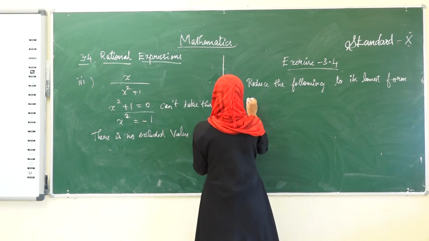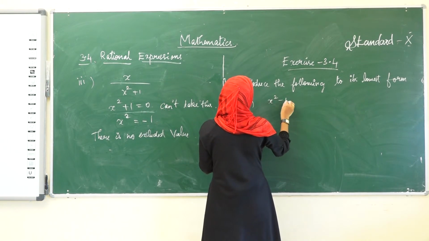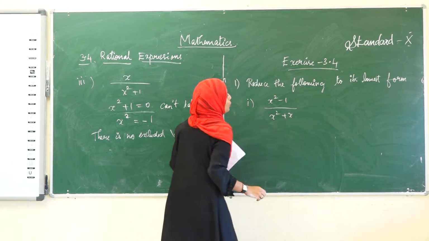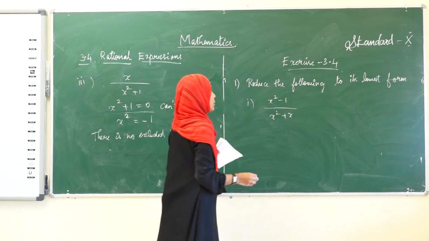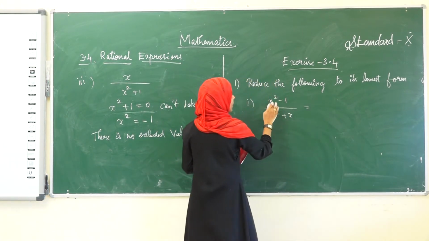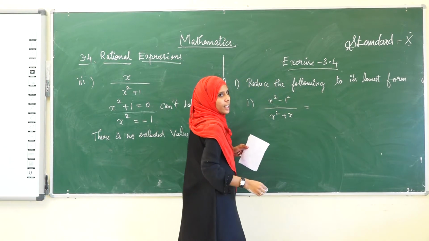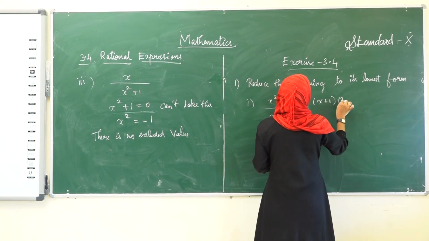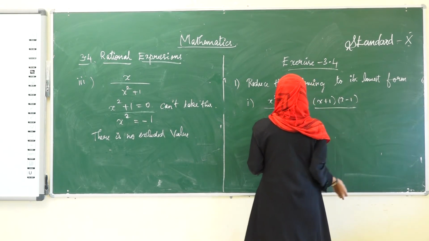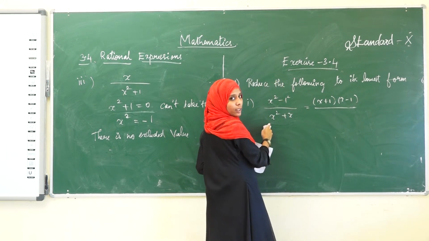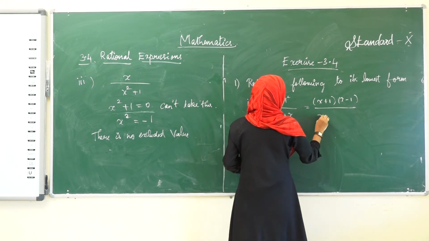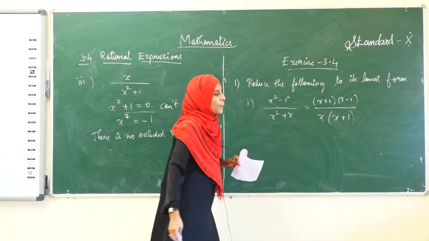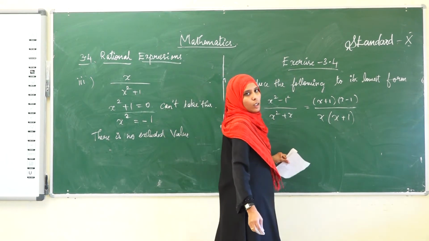See the first subdivision, what they have given? x square minus 1 divided by x square plus x. What we have to do? We have to factorize both numerator and denominator. See, this can be taken as x square minus 1 square, that is the a square minus b square formula. Therefore, we get x plus 1 into x minus 1. This whole is divided by, see here we have x common in these terms. Therefore, while taking x outside, x plus 1 will be the remaining. This is the factorized term.